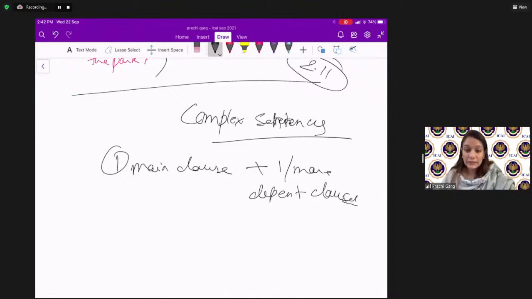Am I clear? So this is why it is complex, because now you have a mix of main, independent, and dependent clauses, right? Okay. Now, if you look at this sentence,